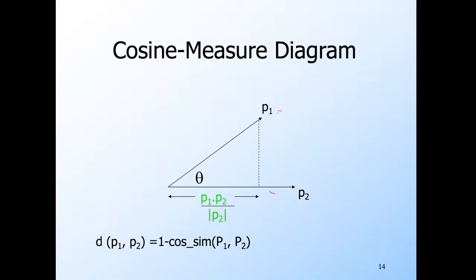Okay, so another way to think about it, perhaps geometrically, is that P1 dot P2 can be considered as the length. You just project P1 onto P2. So P1 dot P2 is sort of like you project P1 onto P2, and then you will have